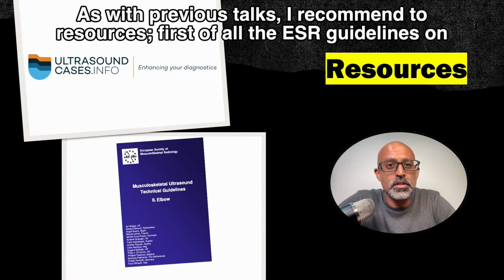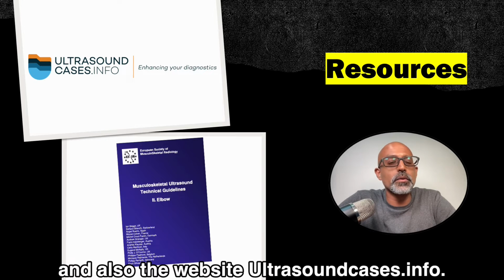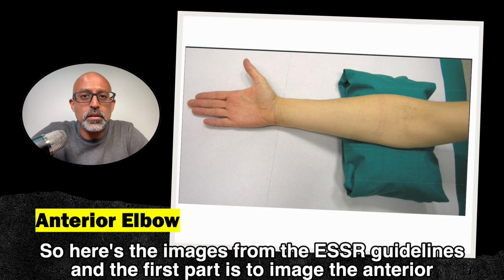As with previous talks, I recommend two resources. First of all, the ESSR guidelines on musculoskeletal imaging, and also the website ultrasoundcases.info. So here's the images from the ESSR guidelines, and the first part is to image the anterior aspect of the